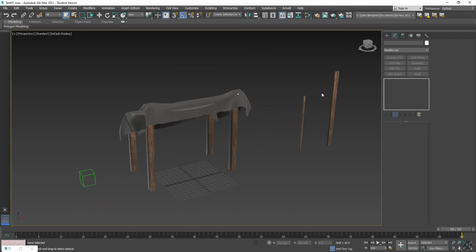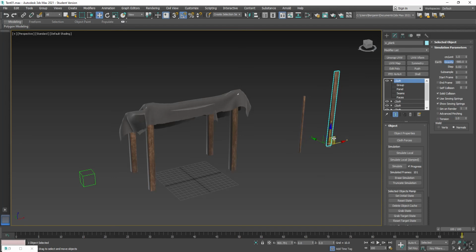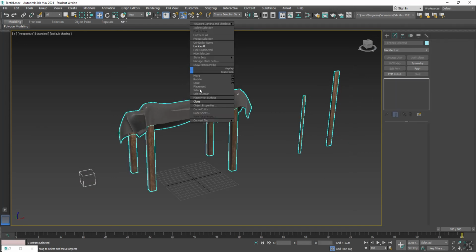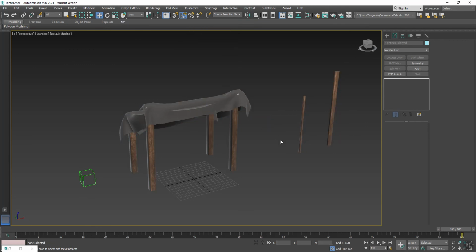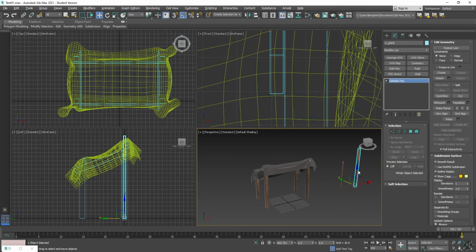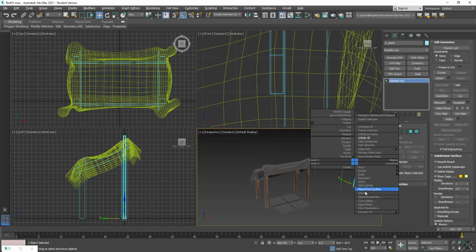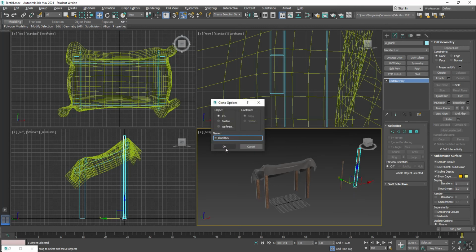What I could do at this point is I could actually take the wood. A lot of this cloth has the cloth modifier still. Why don't we right click, select them all, and just convert to edit poly to get rid of them. We can select our dummy and delete that. I can take this beam here, and if I right click and clone it as a copy, I could move